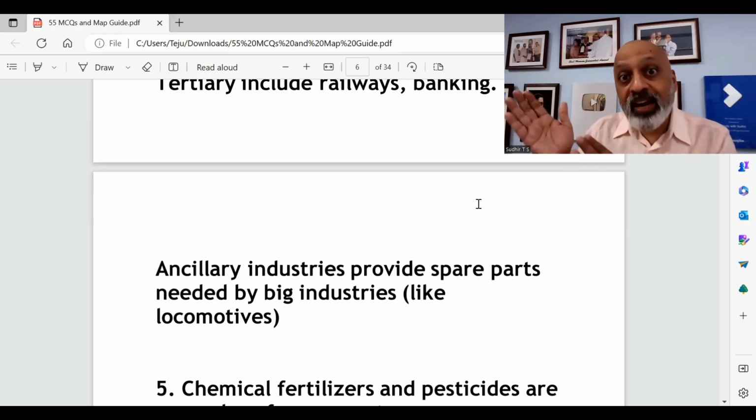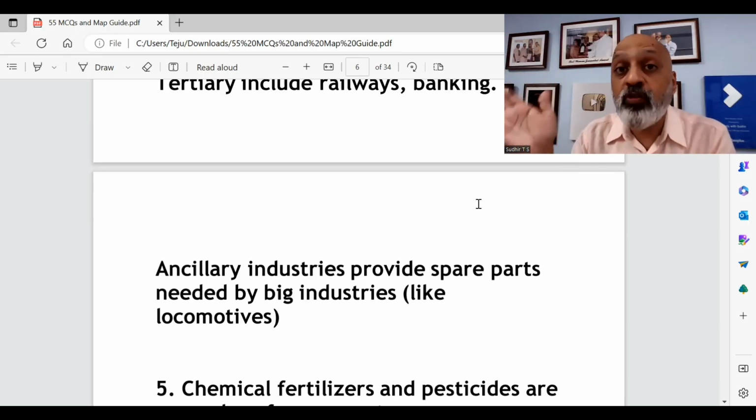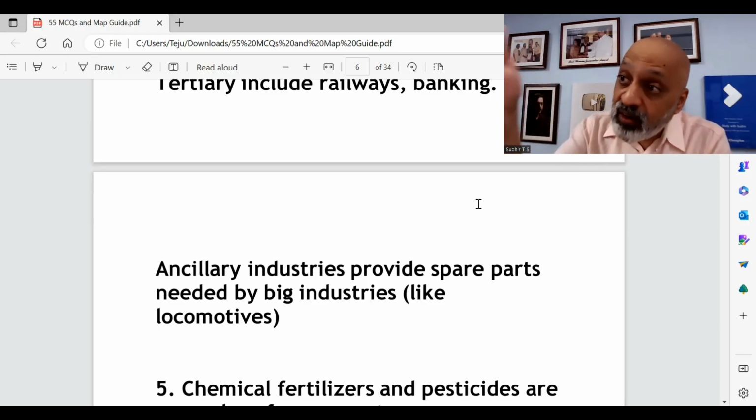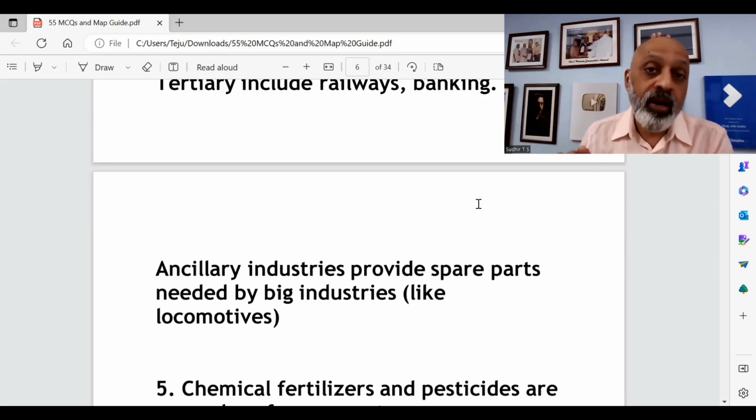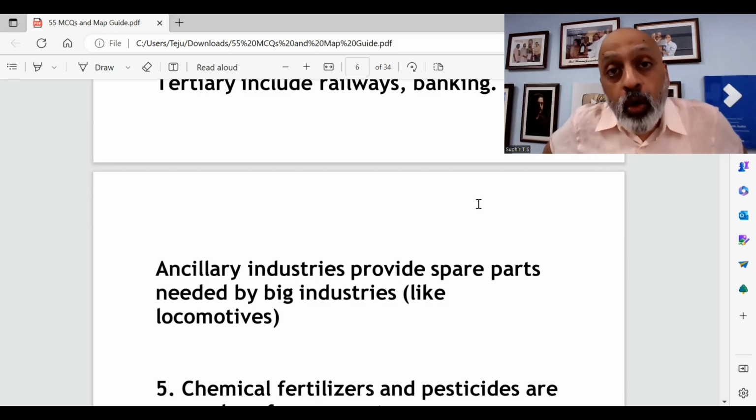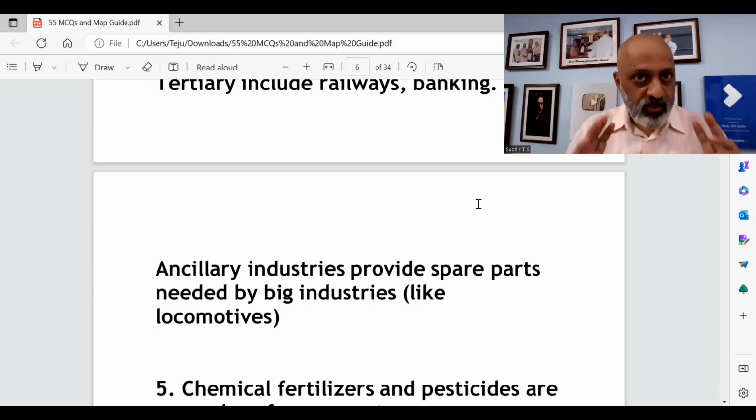The glass, that will be provided by somebody, the brakes will be provided by somebody, the seat covers will be provided by somebody, right? The wheels will be provided by somebody, right? So these are all what are called ancillary industries. I hope you have understood. I hope ये सब आपको already मालूम होगा, right? मैं फिर भी बता रहा हूं because in case you don't know, I believe I'll be able to explain it fairly nicely. Okay.